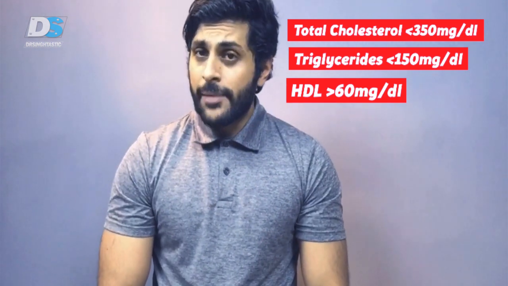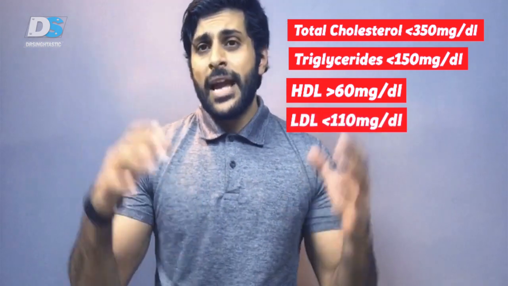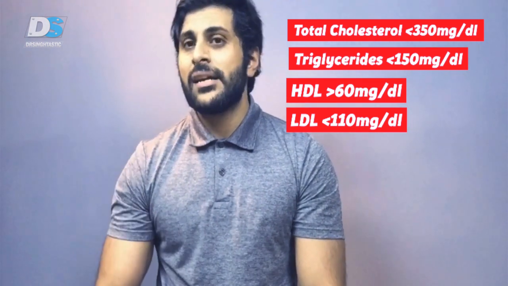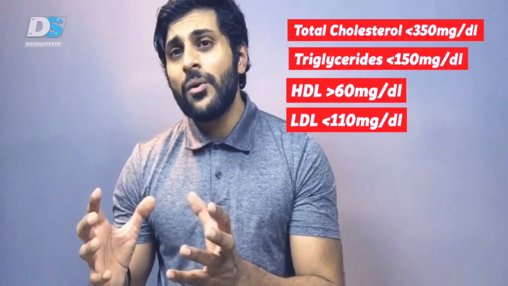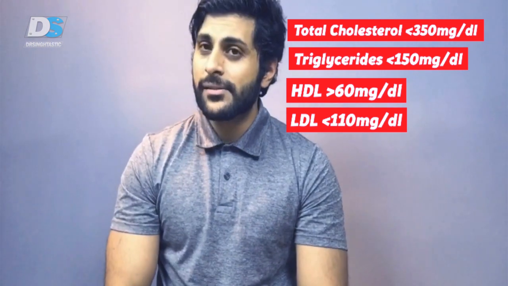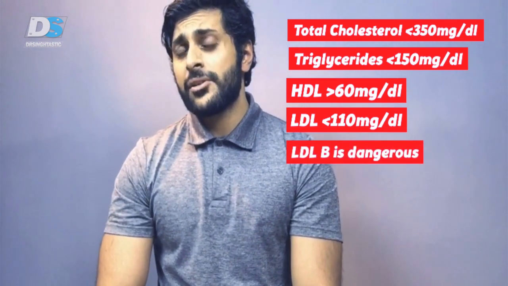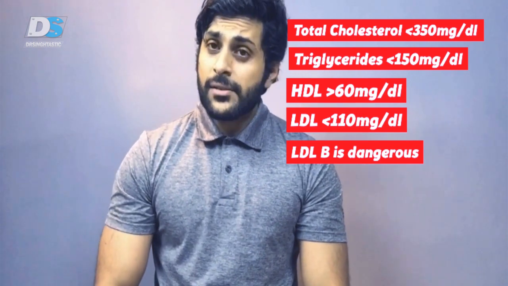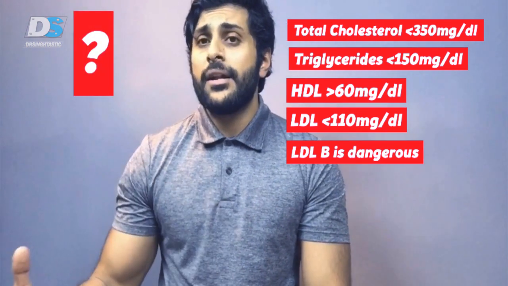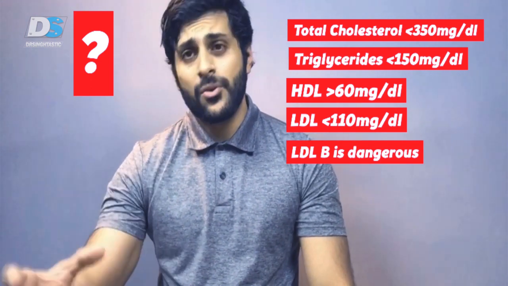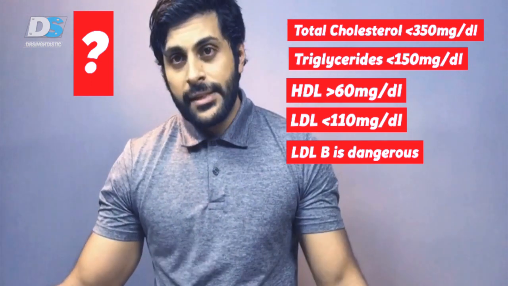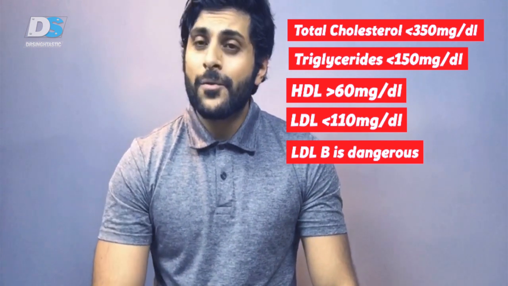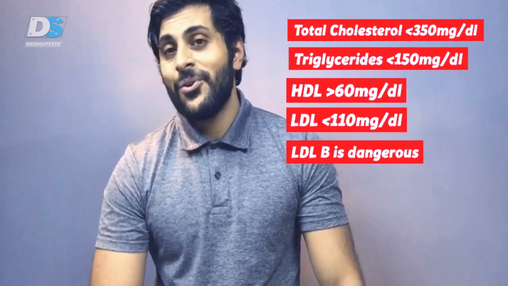Now LDL can be of two types, LDLA and LDLB. LDLA is a larger molecule, LDLB is a smaller one and more dense. Now you can understand the smaller ones are notorious to get into small spaces, and that's what makes it really dangerous. So if you have elevated LDL, you really do not understand where it's coming from. It can either come from LDLA or LDLB. The next question would be, how do we know that? Now, obviously there is a test available for LDLA and LDLB, but that's quite expensive. Now you're better off doing it in a different way, and I'm going to show you a little hack.